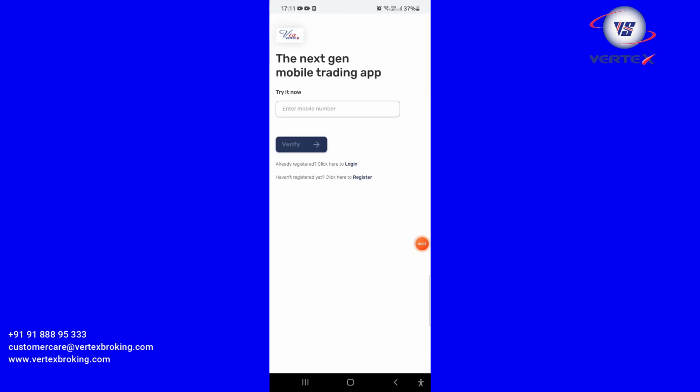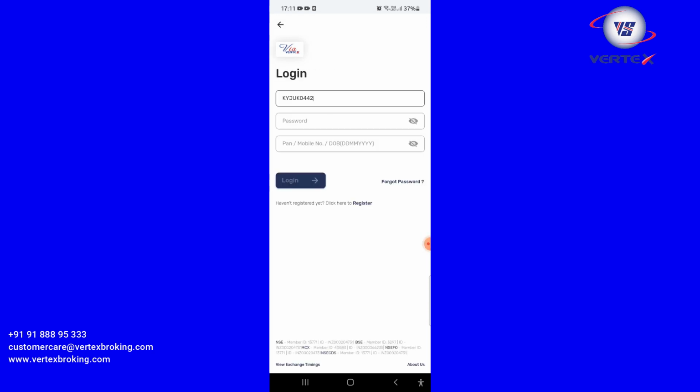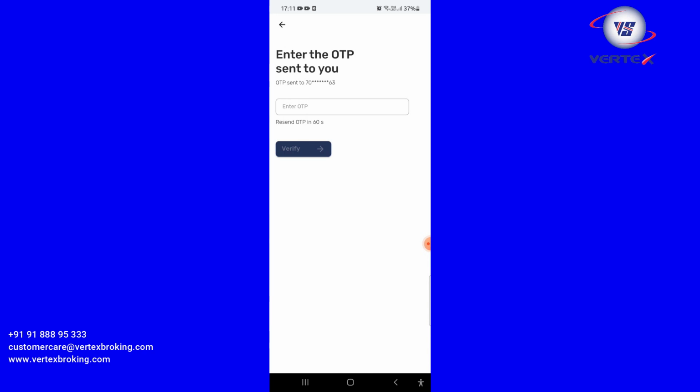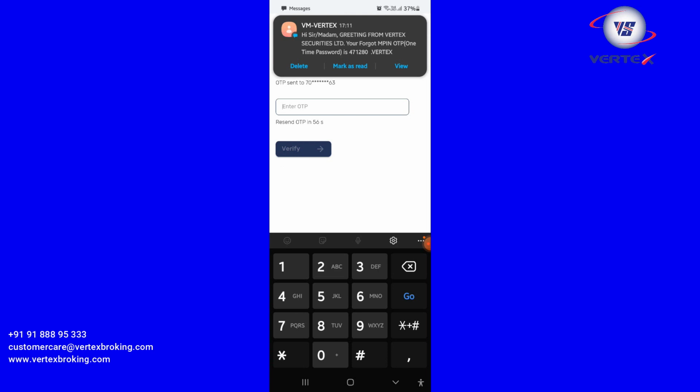If you already have a Demat account with Vertex Securities, kindly log in here. So enter your client ID here. This is my client ID. And if you don't know your password, go to forgot password. And OTP will come to your registered mobile number.